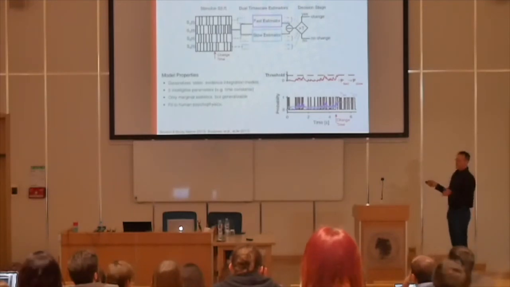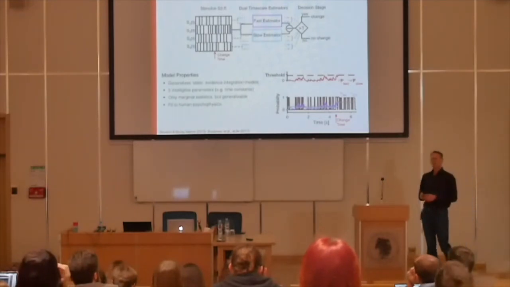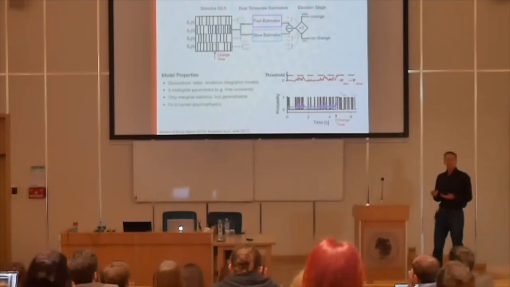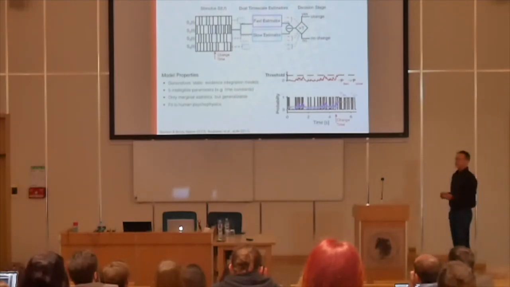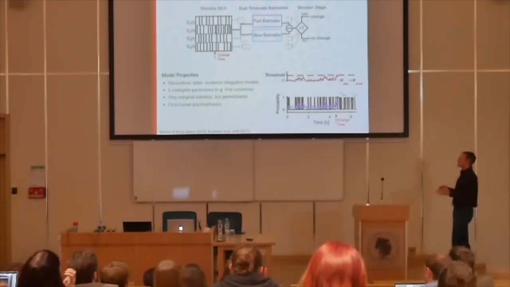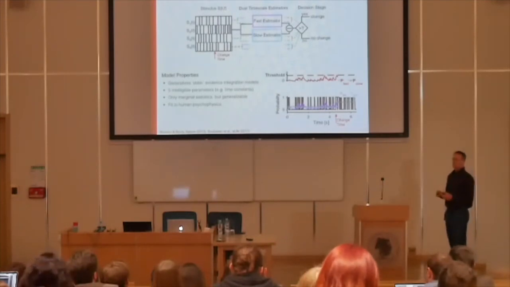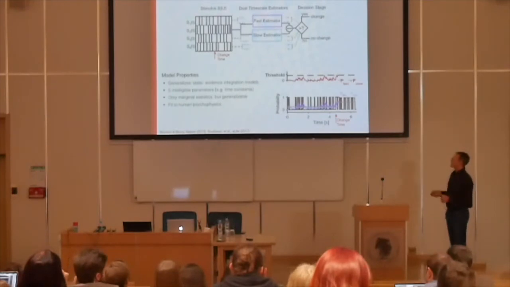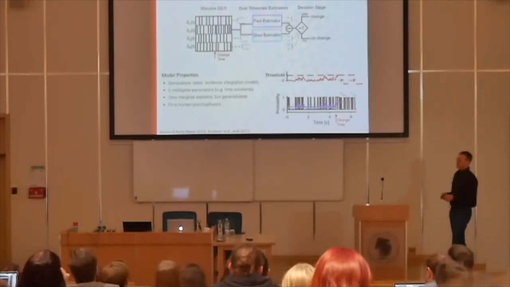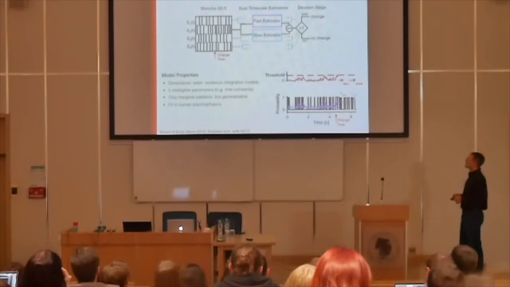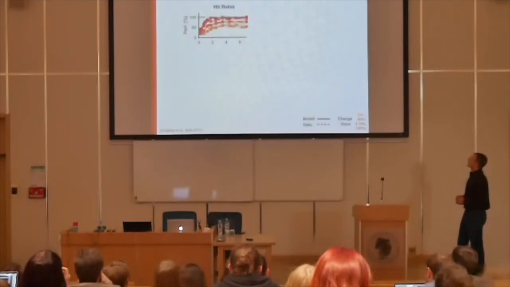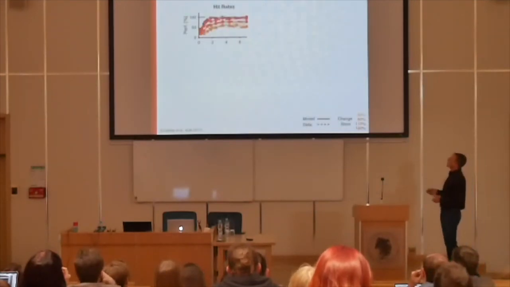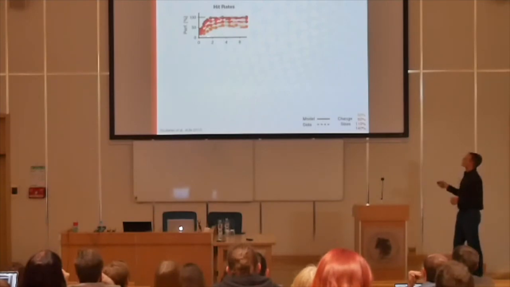And based on the stimulus, what we do here is only look at marginal statistics, but it's very readily generalizable to other statistics. We've already done this in a separate project where we try to produce a filter that can filter out textures in a more computational approach. And now we try to fit this to human psychophysics to see how well this can account for human behavior. So first of all, here are the hit rates of the performance of the subjects.